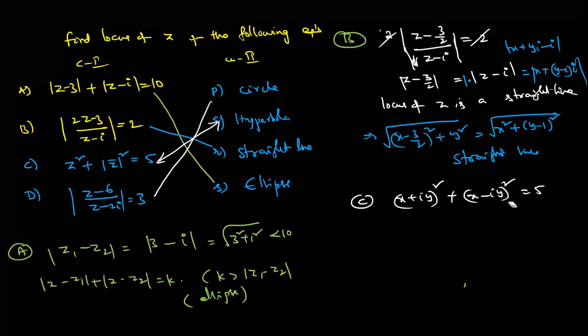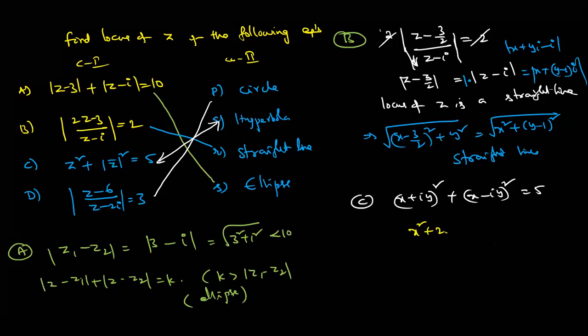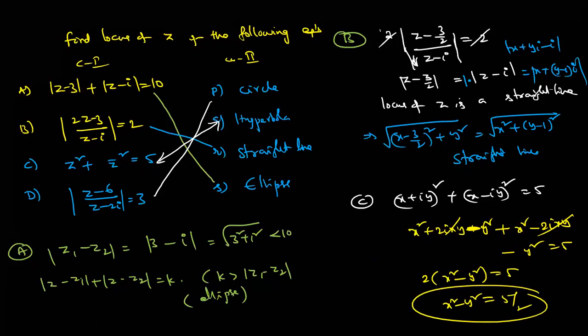I think modulus is not there, suppose. What happened? Let me see. x square plus 2ixy minus y square, and also x square minus 2ixy minus y square is equal to 5. Okay. Modulus is not there, dear students. z square plus z bar square is equal to 5. Okay. That means 2 times (x square minus y square) is equal to 5. x square minus y square is equal to 5 by 2. Rectangular hyperbola. Correct. So, dear students,